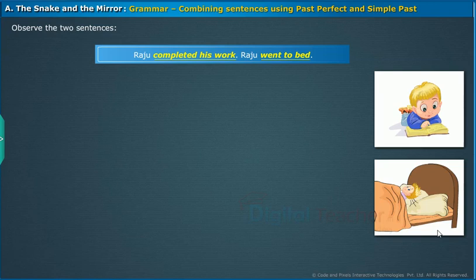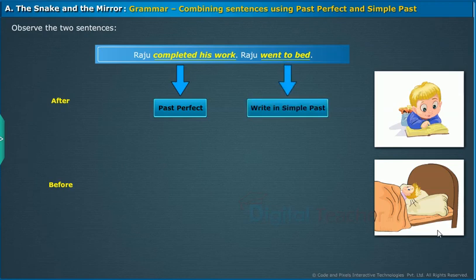To join these two sentences into one sentence, first observe the sequence. That is, which action is done first and which is done later. Then join them using proper linkers such as after, before, etc. In such cases, first action is written in past perfect, had plus verb 3, and the next action is written in simple past. From the example, Raju first completed his work and then he went to bed. So we can write complete sentence as: